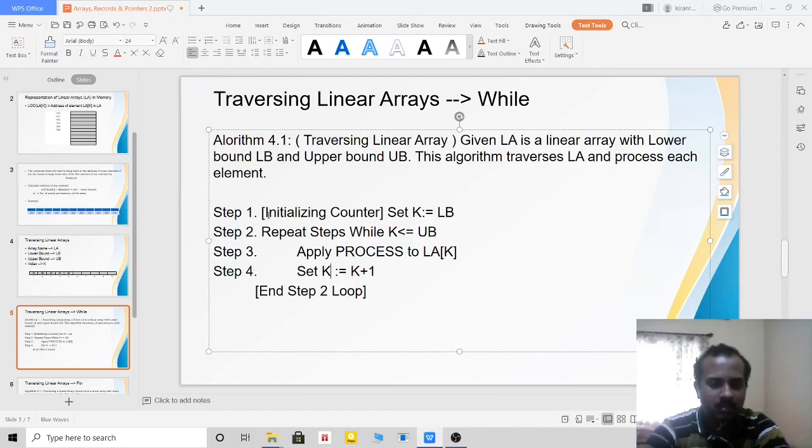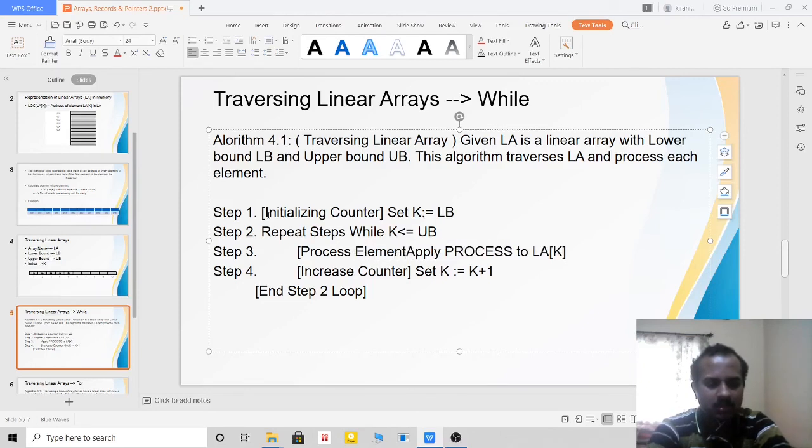What about this one? Increase counter. What about this one? I am visiting an element or processing an element, right? Process element. Right, I am processing the element.